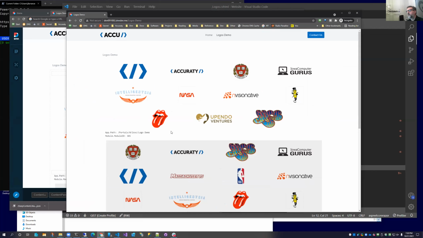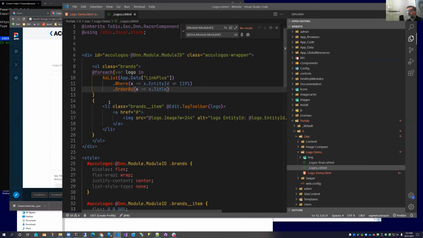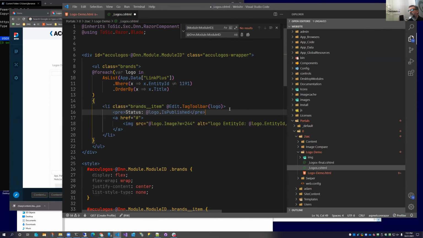And so there, gone. So these are features that are built in. People don't realize they're there. And what's also nice is they're exposed in the UI too. For example, I'm just going to throw this on screen. Inside the LI, I'm just going to add a little pre-tag and show you that there's an is published, which